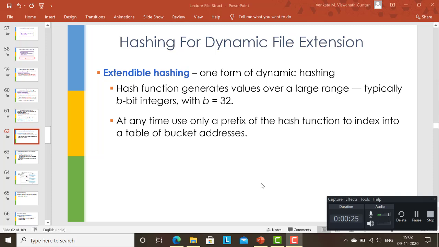So there are two very well-known dynamic hashing techniques. One is called extendable hashing, and the second one is linear hashing. In this course, I'll cover only extendable hashing, and we'll not cover linear hashing in this course for the sake of